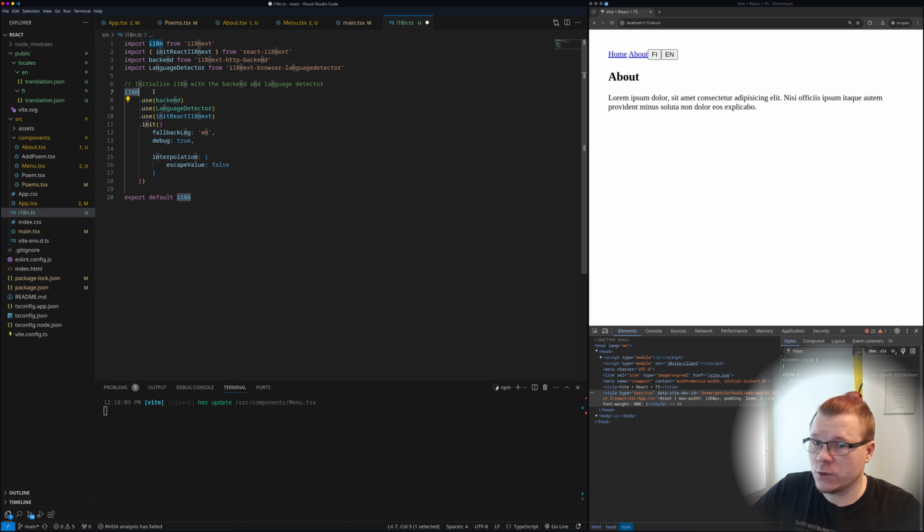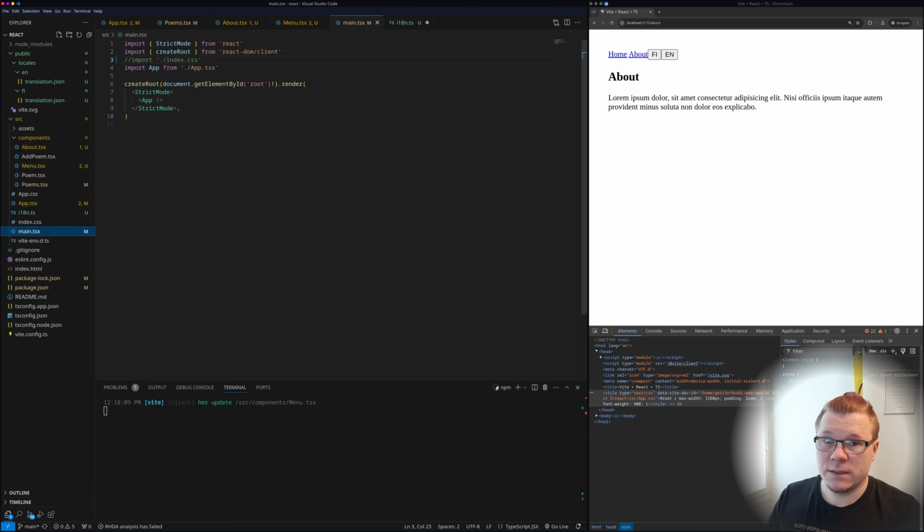So here is the actual configuration. We are using backend. We are using this language detector and we are initializing it, and then we are falling back to English. We have debug true as we are developing, and then we have some escape values that is false. And now let's import this in our main tsx file